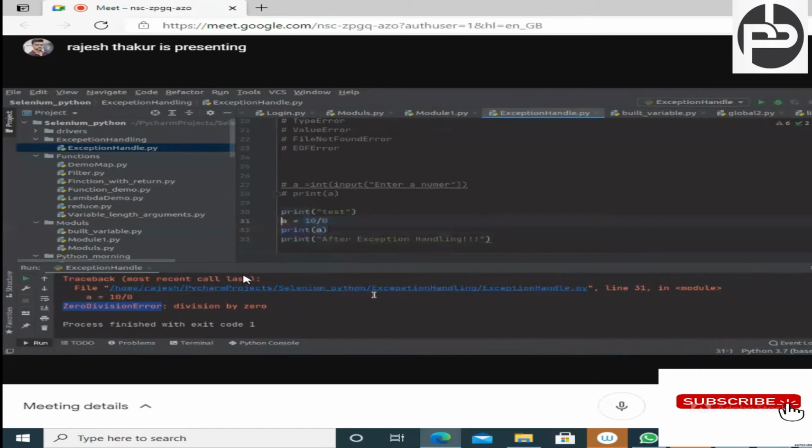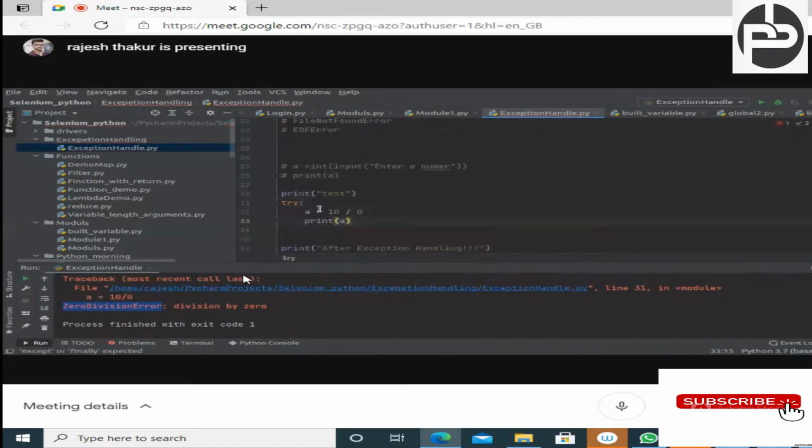So what we can do, here we can write a try block, and inside the try block, whichever lines you think the error is coming from, cut them and put them there. If in these two lines an error comes, then it will not throw an error, it will handle. Who will handle? The except block will handle. Try except is the block.